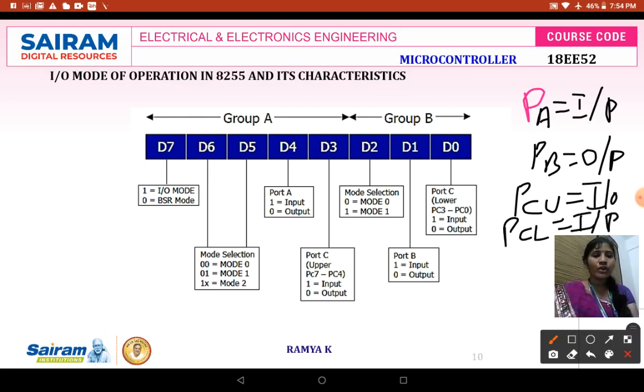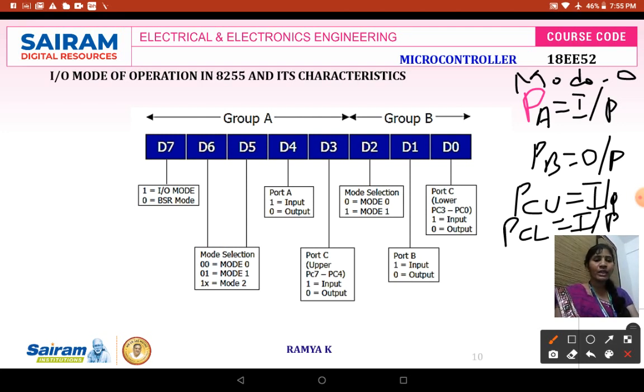So for this I have to identify the control word from this IO mode of operation. Consider the mode of operation is going to be mode 0, because in mode 0 only is it possible for us to use all the ports as IO ports. I am going to use it in mode 0.